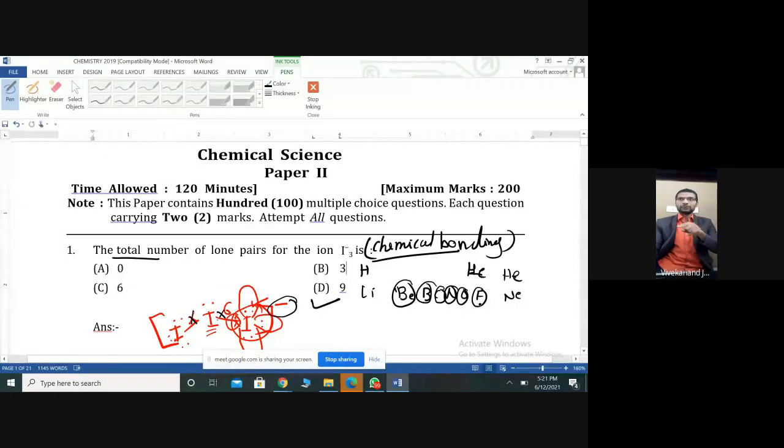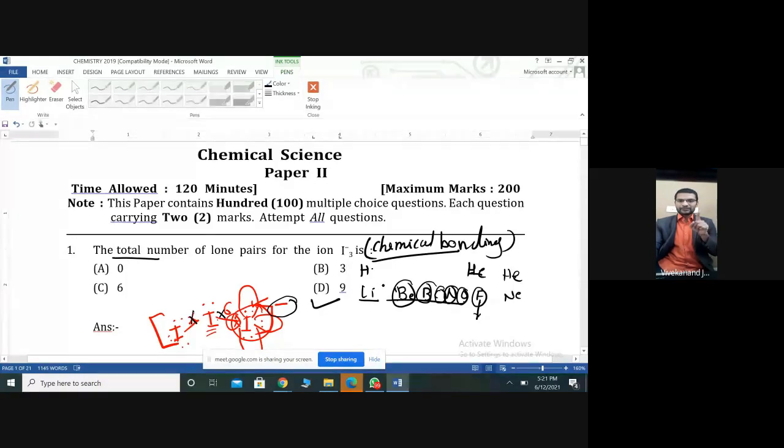What we have to do here: we have the families. You have to remember all elements from that family, at least the first member of that family. I'll give the idea, write down that idea with you. Here we have this family. In this family, how many electrons are present in your lithium? Or here it started from hydrogen. In your hydrogen, how many electrons are present?